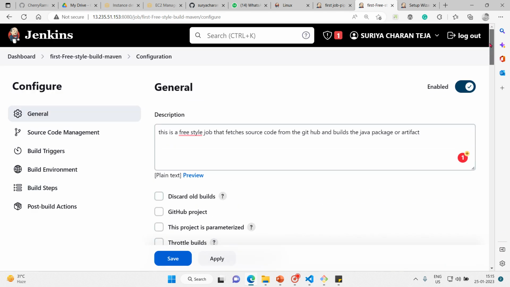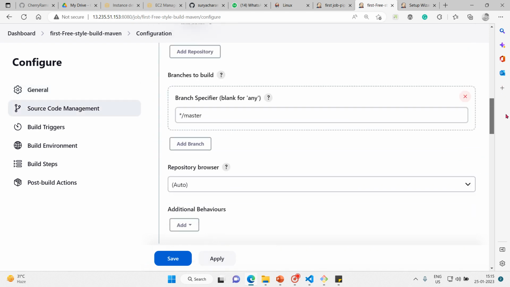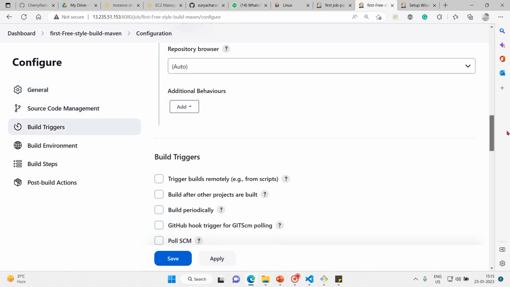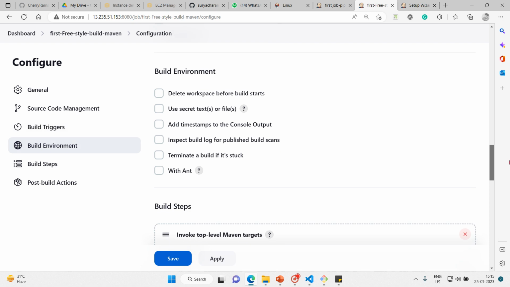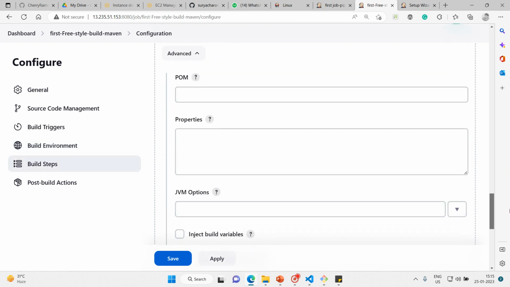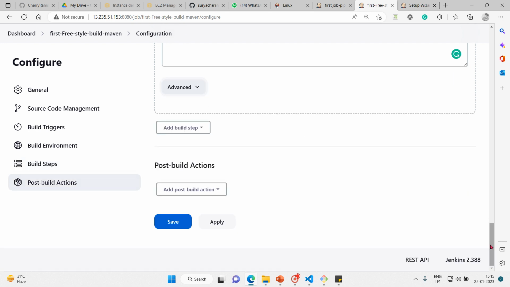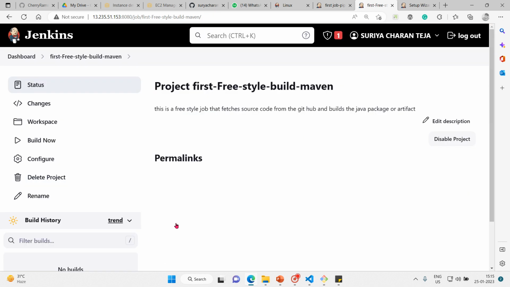Let me cross check the changes. Description, git repository, and master branch. Triggers we did not touch. Build steps through maven, and goal is install. The rest of the advanced options are not required. Let me close this and let me save it. Let me save this. This is our